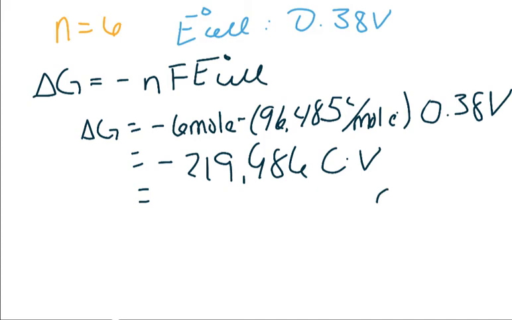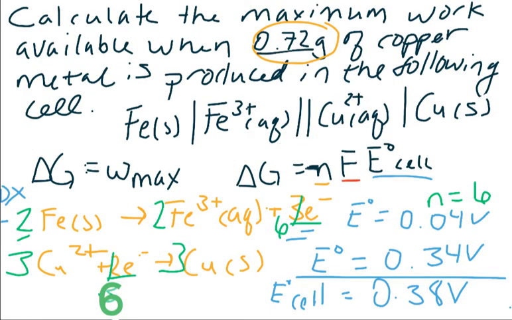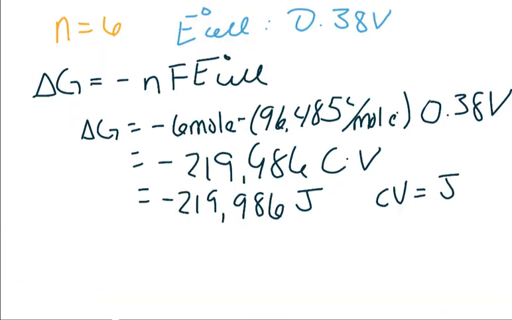Lucky for us, a coulomb volt is also equal to a joule. So this is negative 219,986 joules. This is as far as you've seen before. What's new is in this particular question, we had a particular amount of copper that was made. So we had 0.72 grams of copper. So this is the joules that you would get per mole of a reaction. And we want to know how many joules you would actually get for getting